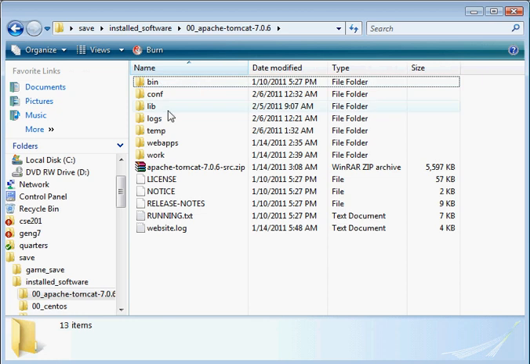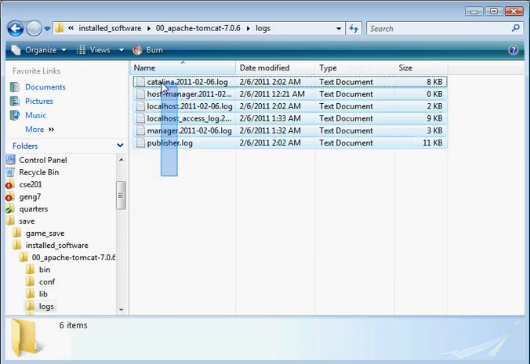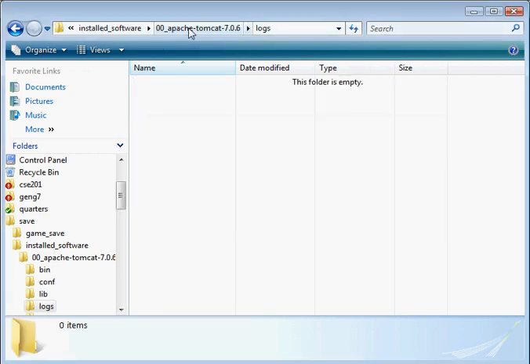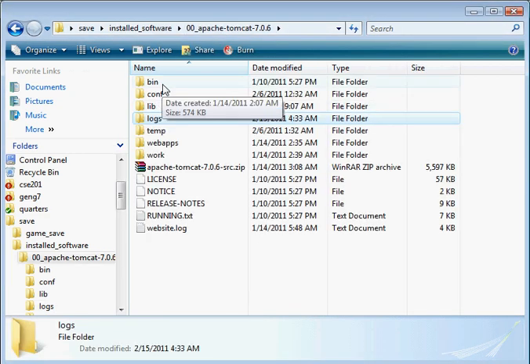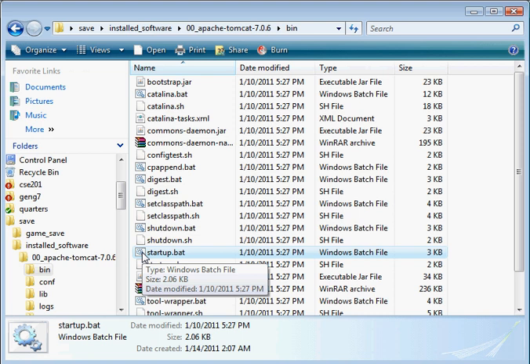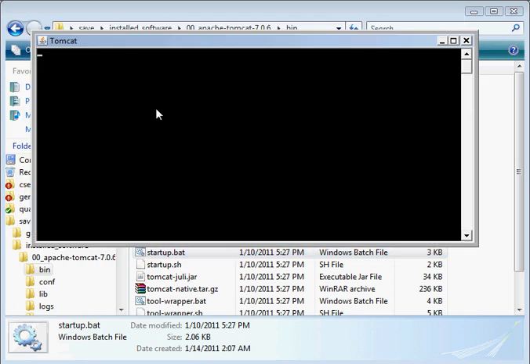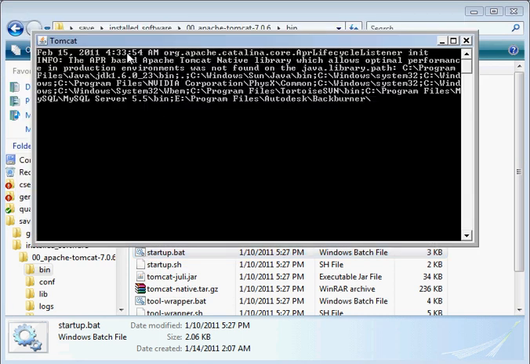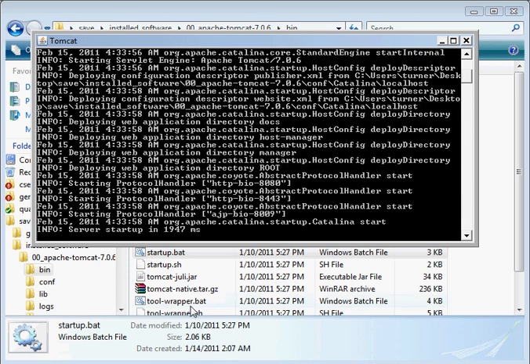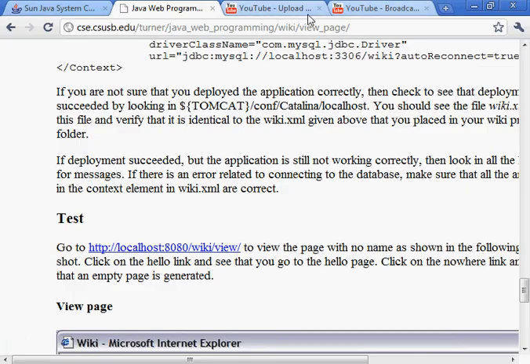First I'll delete the logs just to clean those out. Go into the bin folder, and we have startup.bat. That's right. Let's take a look. And so now what we'll need is